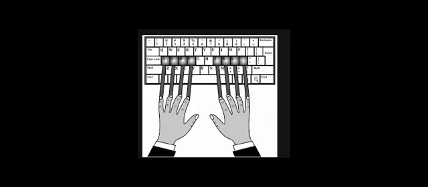Children, while typing on the upper row, keep fingers on the home row, lift fingers of the left hand and strike upper row keys one by one and type. What you will type? Q, W, E, R, T. Children, R and T are typed by the same finger, that is the index finger of the left hand.